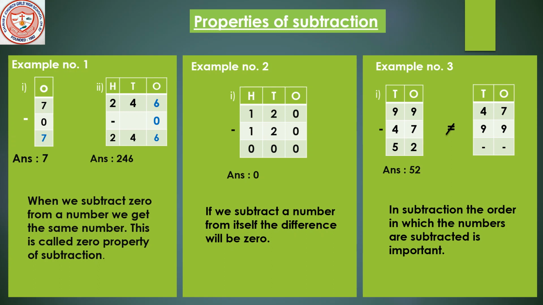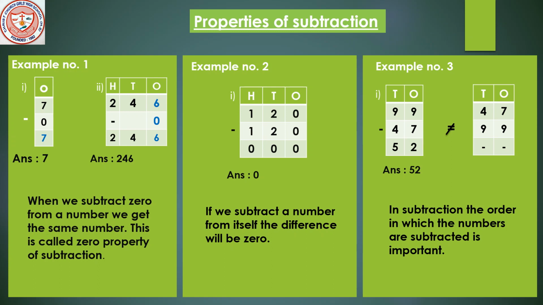Is it possible? No, it is not possible. Subtracting 47 from 99 is possible, but subtracting 99 from 47 is not,